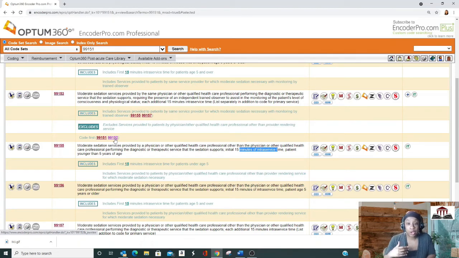Working in critical care medicine, it is not uncommon for us to see patients who are medically sedated. These codes are not the codes you use for that. If a patient is medically sedated, they are ill enough to require that they are sedated so their body can kind of heal and the providers can kind of get plans together, right? That's not what these codes are for. These codes are just for when procedures are being performed,